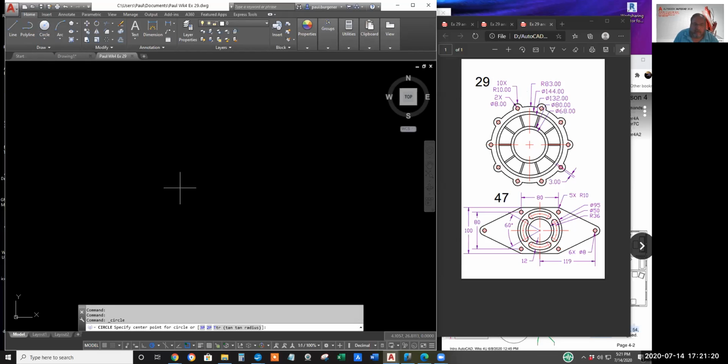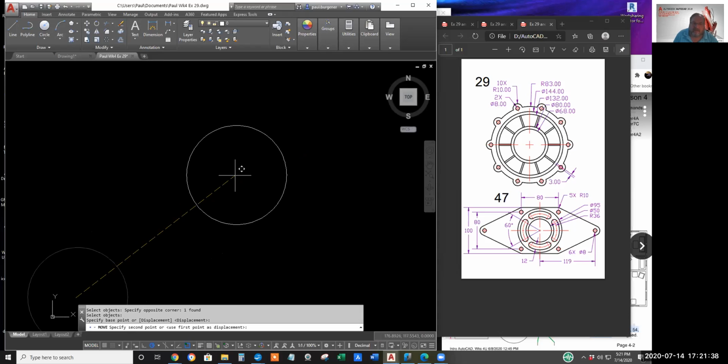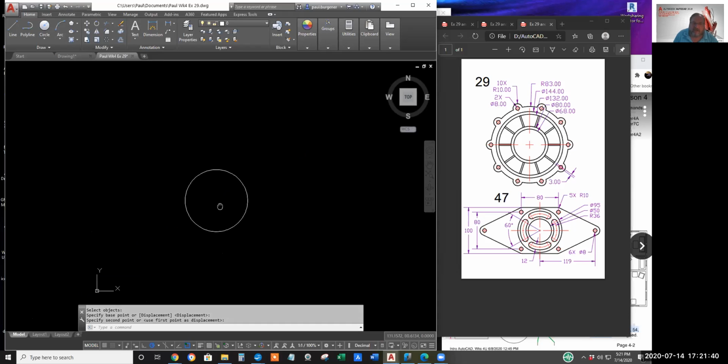Pick a random point. Smallest diameter is 68 in there. We'll zoom out. Oops, undo. I'll move it so it's away from the origin, and I won't get the clutter of the origin overlapping.